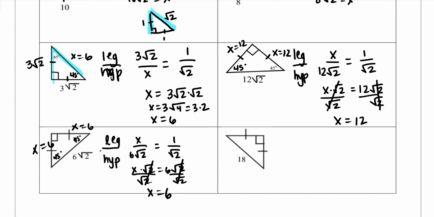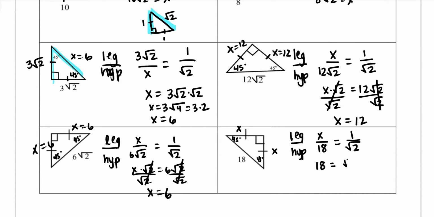On our last 45, 45, 90 triangle example, we have a 90-degree angle and two congruent legs. That tells us that we know these are 45-degree angles. The hypotenuse this time is 18. So when I put leg over hypotenuse, my leg is x and the hypotenuse is 18. The original leg is 1 and the hypotenuse is root 2. We'll cross multiply and we're left with